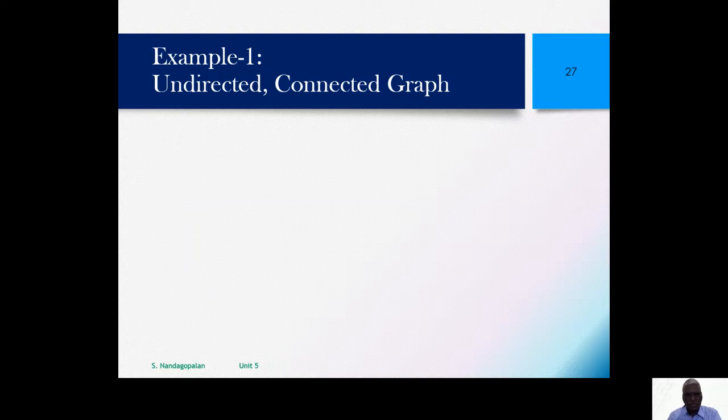So let's take the first scenario, the simplest case of an undirected but connected graph. We will also see the other scenarios: a directed and strongly connected graph, a weakly connected graph for the directed case, and a disconnected graph for the undirected case. A similar kind of explanation can be given, just like what we did in the case of depth first search. So let's take the same example.